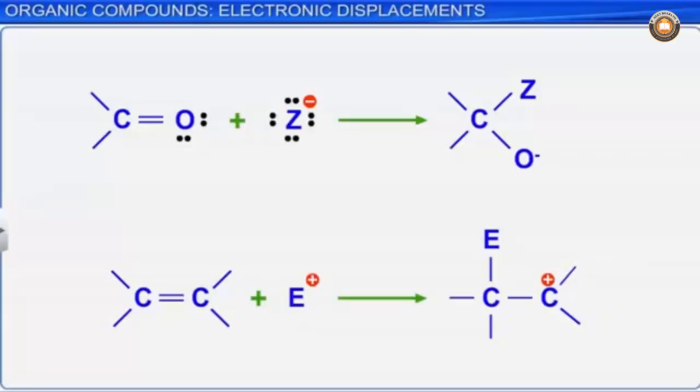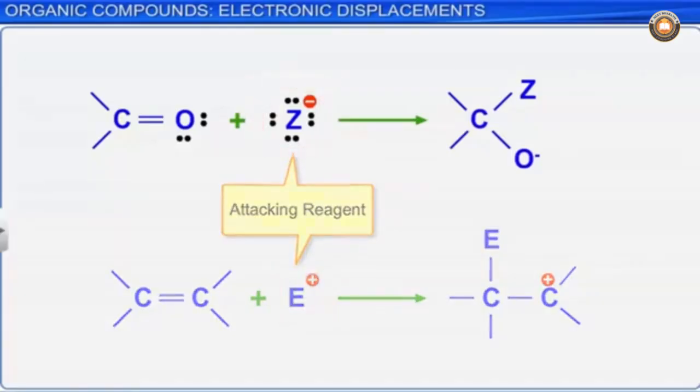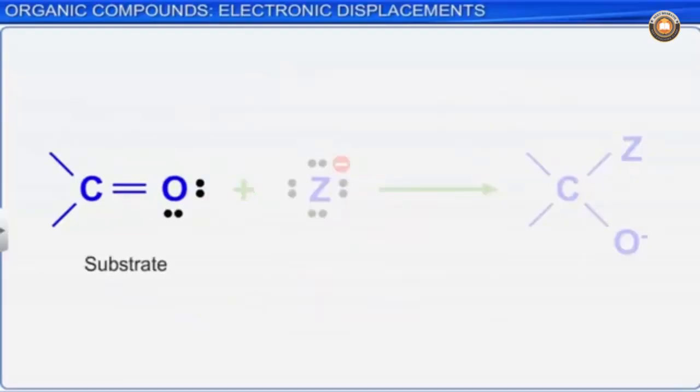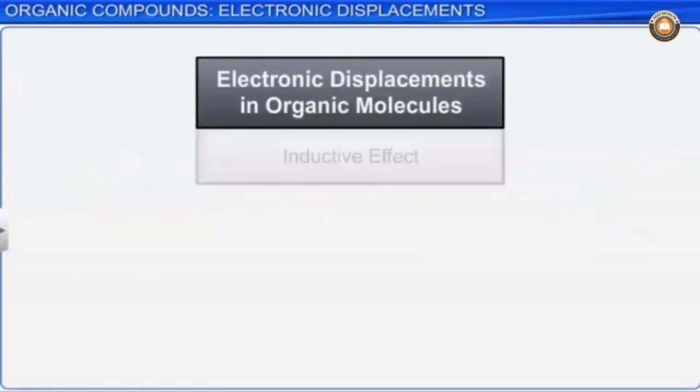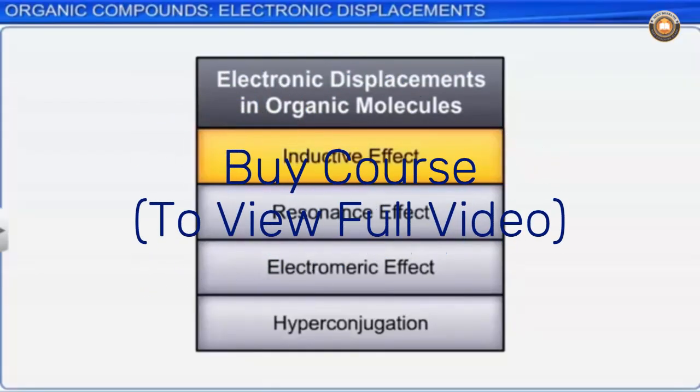You have already learned that most of the attacking reagents carry either a positive or a negative charge. Hence, for a reaction to take place on the substrate, it must possess oppositely charged centers. This is made possible by the partial or complete displacement of the bonding electrons. The factors which influence the electron density in the substrate are inductive effect, resonance effect,